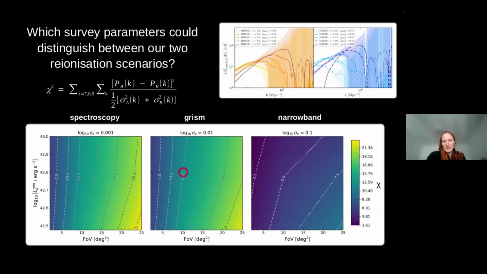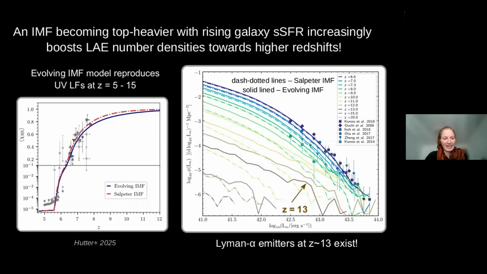And so this sounds maybe rather negative. I think also what I could find from here is that the most constraining power, or differentiating power, comes from the lowest redshift, because at higher redshift you don't have many Lyman alpha emitters. But I think one thing I want to also highlight is